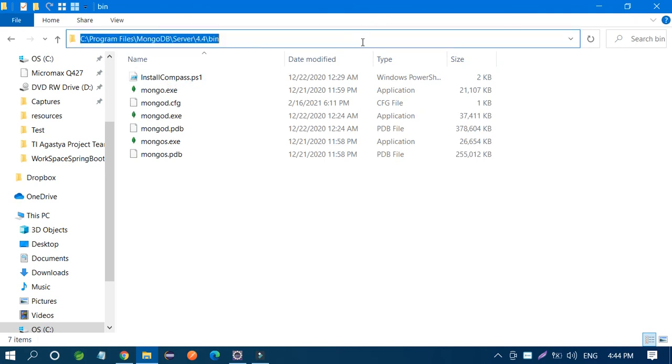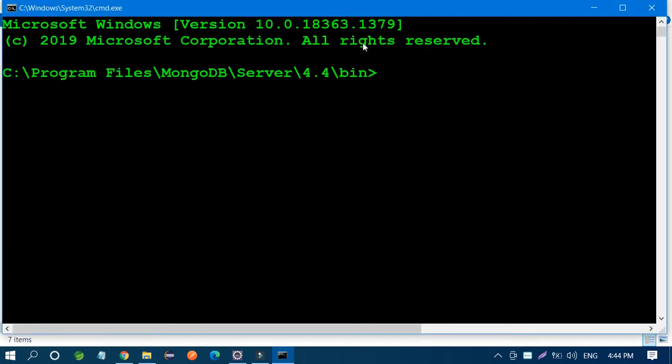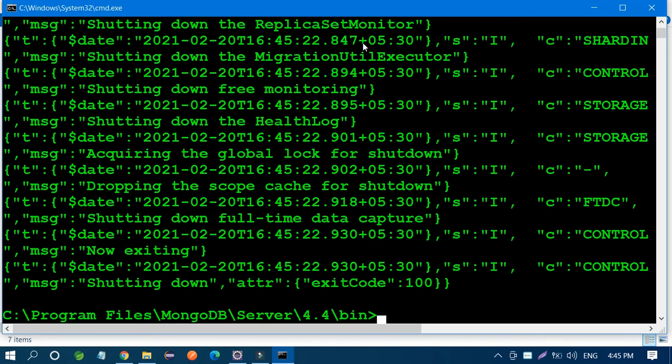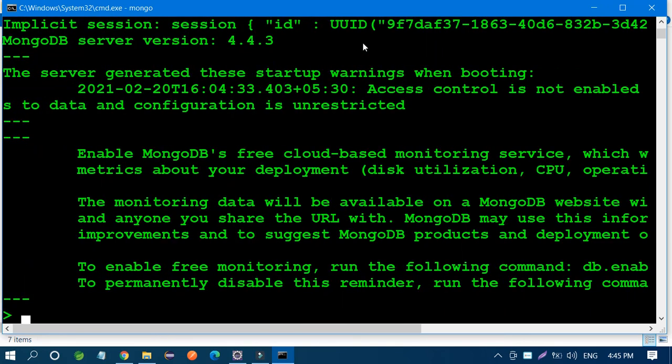In this bin, just type cmd here, open cmd, go to this path and start your server with the mongod command. Okay, command is not recognized. This is the proper command you can fire: mongod. Now you have to activate your client side server, mongo. So this server is also starting.